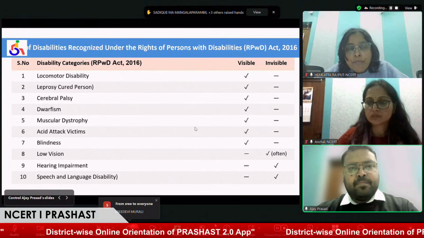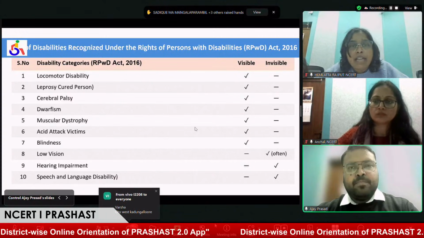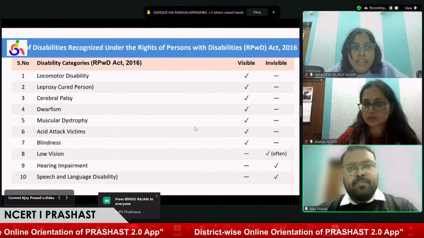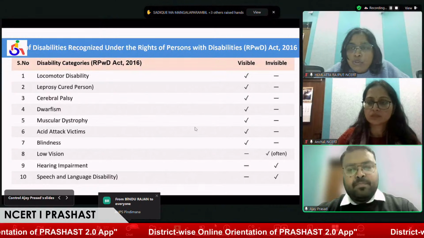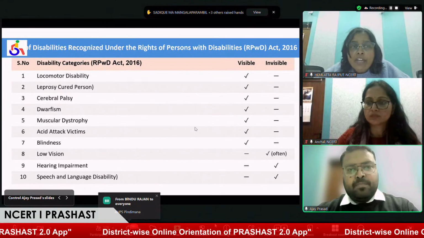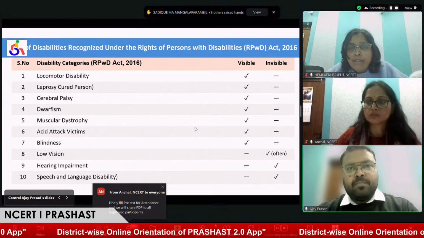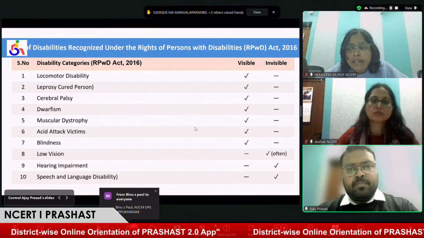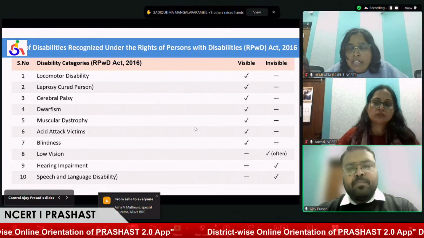When we are sending these children to the camp, a medical practitioner will decide whether this disability is actually aligned with the student or not. So this application is initially helping all of us, so we request that you please use this application and screen each and every child in your school.